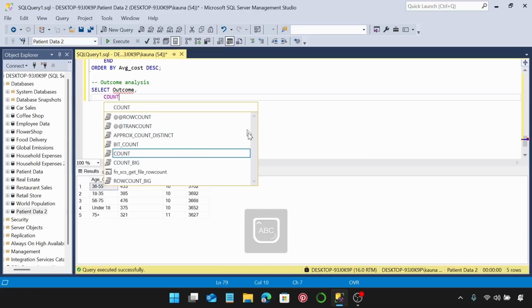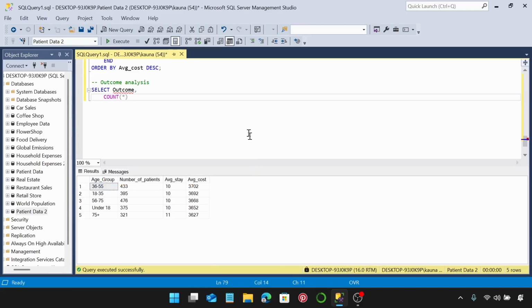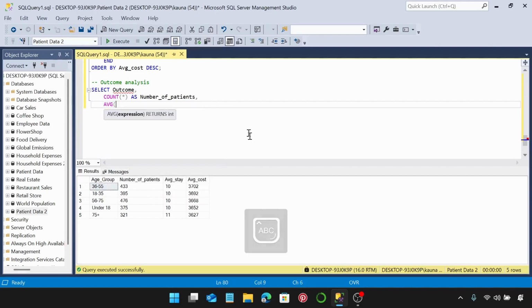So we're going to do counts as number of patients, and I'm going to do an average of the treatment cost. So let's reference our treatment cost column as average cost,